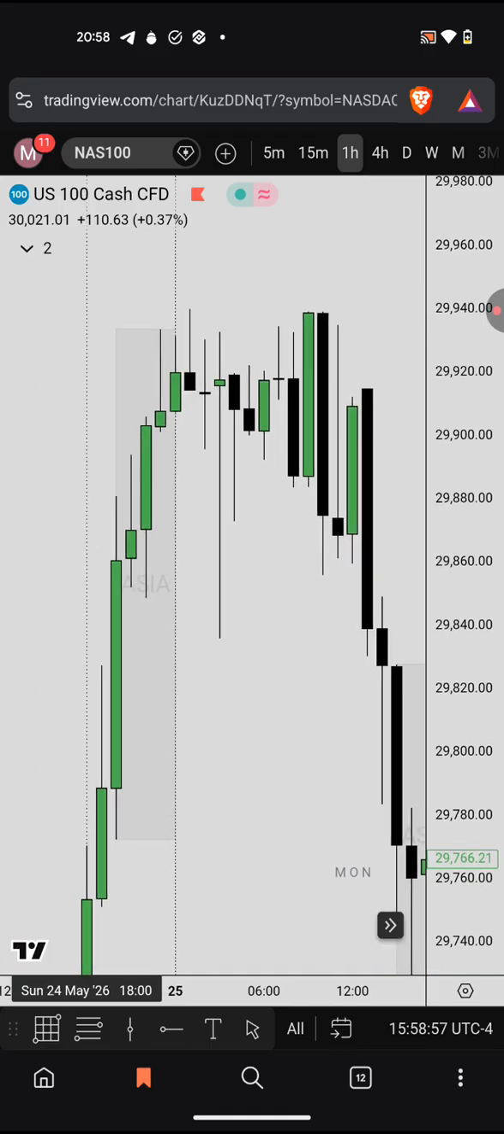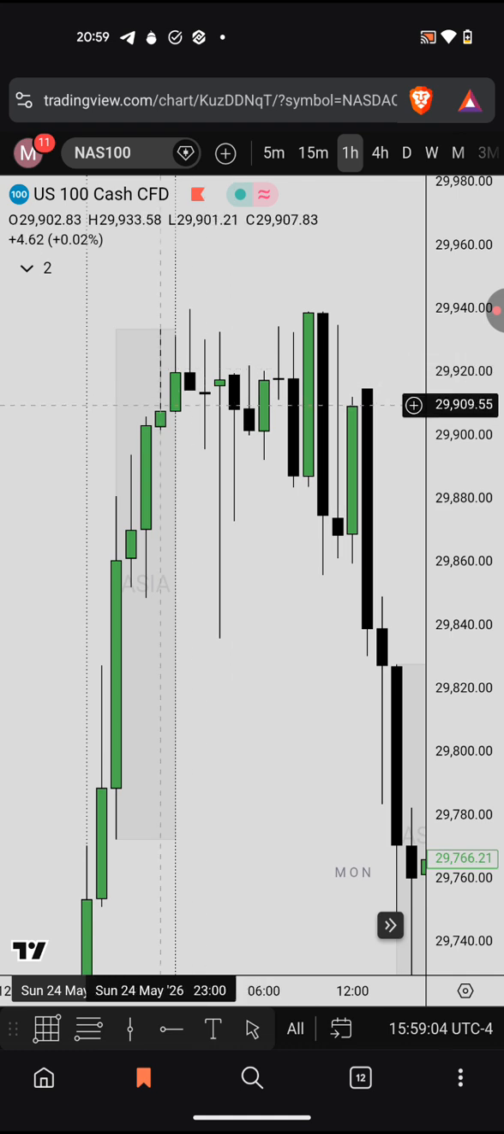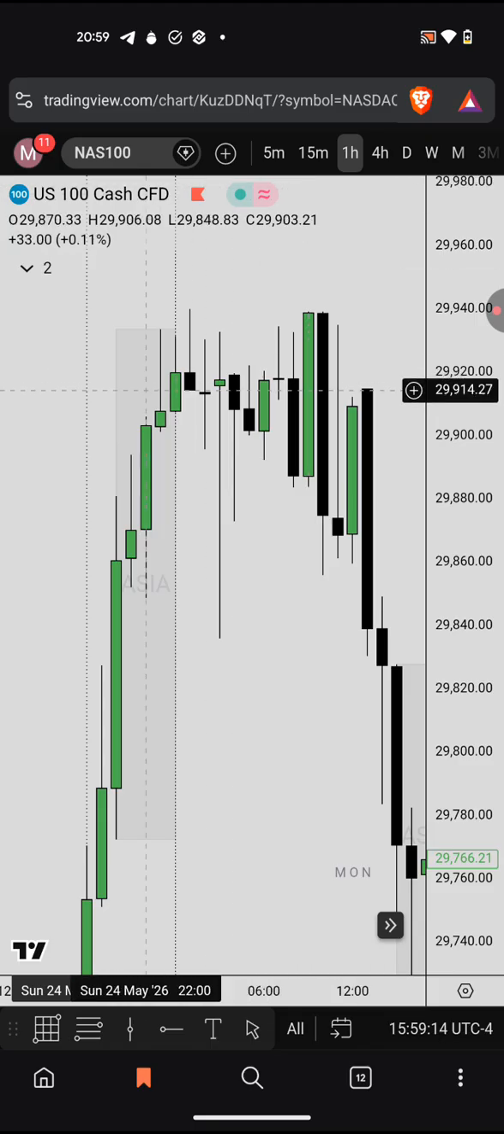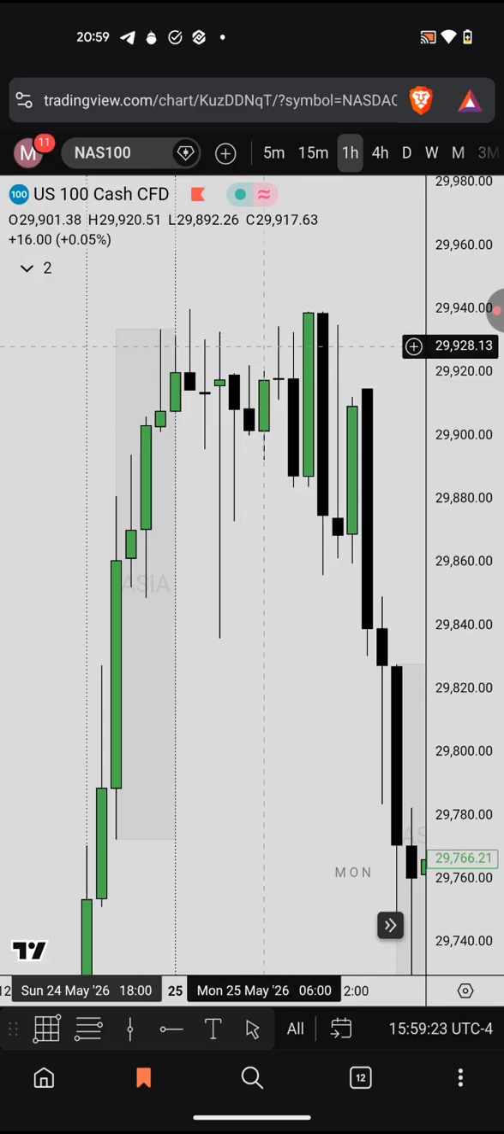As you can see, Monday opened up around this level here. That's Monday's opening price. So if we are bullish, we want to see the market trade down and then trade up, but that doesn't happen here. And if we are bearish, we want to see the market trade up and then trade down. It didn't happen here. We just have shallow movement,